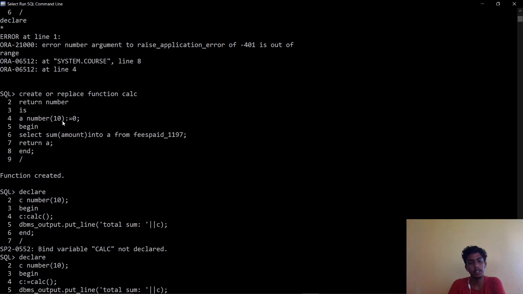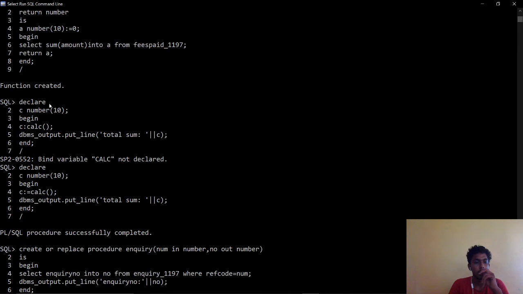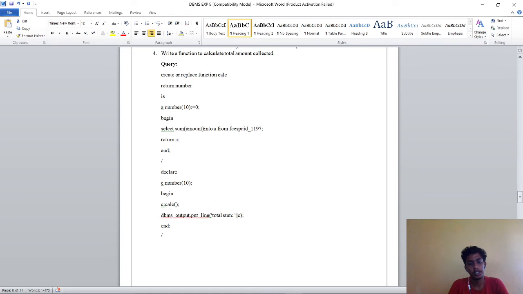If it is equal to 0, then begin, select sum amount into the from fees paid, return a. So this was the function created, and we are declaring a number 10, will begin c. c equal to calc, if dbms output total sum equal to c, and the procedure will be created. It will be successfully created.